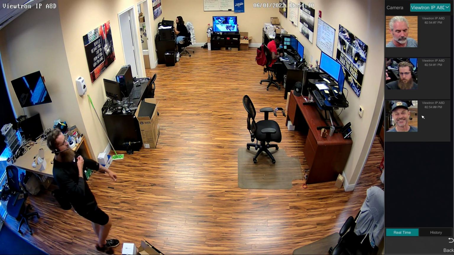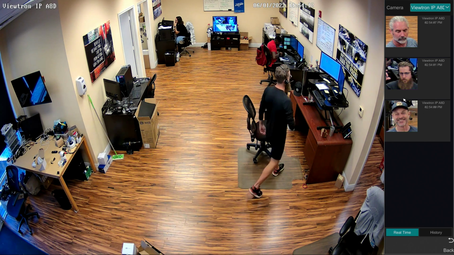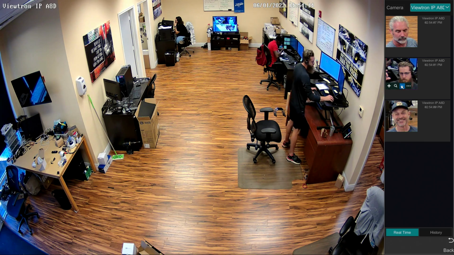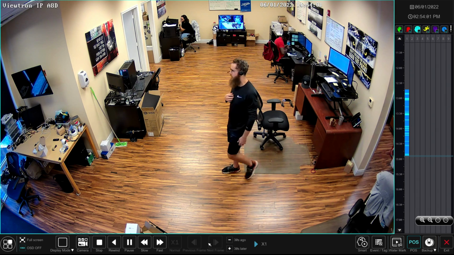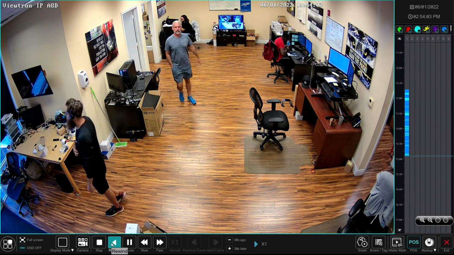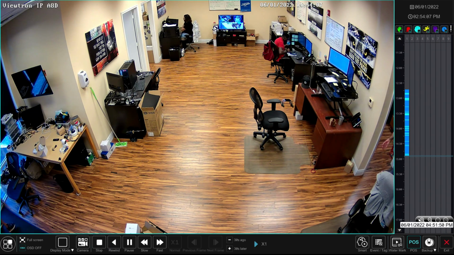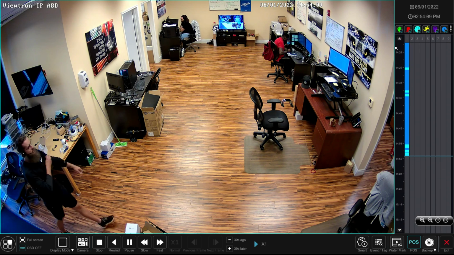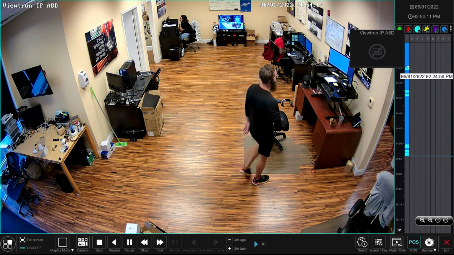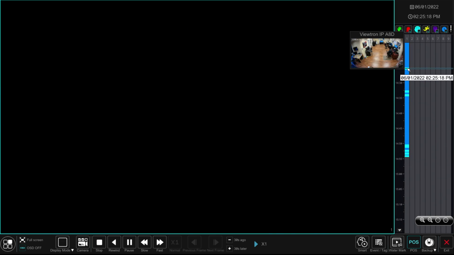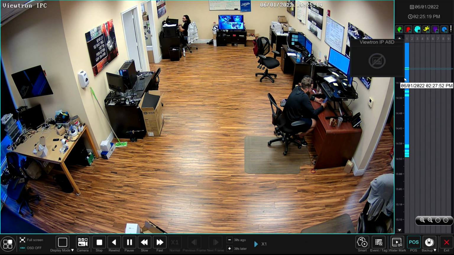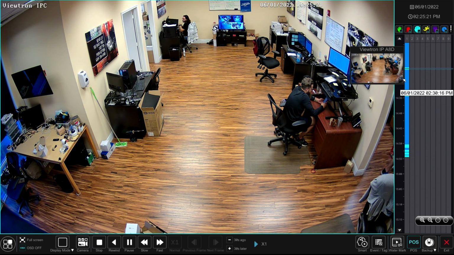You can play back the video recording from any of those events by hovering over these thumbnails and clicking on the play button. That'll open up the video player, and you can use these controls to control the video. You can also use this timeline to jump to other events. All of the face detection events are highlighted in the light blue. So if I click on them on that timeline, it'll jump right to that section of the video recording.